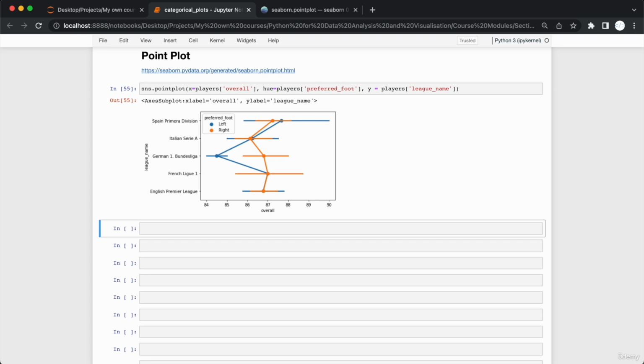Okay, so these were some plots on Seaborn that can help you work with categorical data. Be sure to review this notebook along with the links